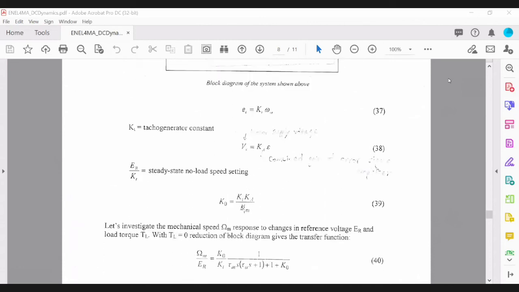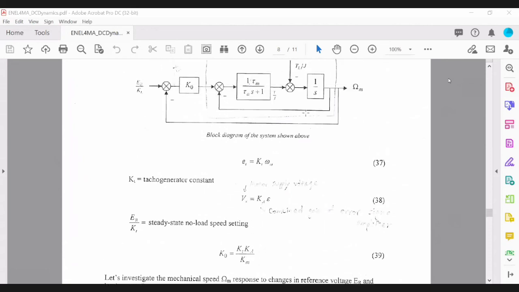And Km is coming from your motor, so you can't adjust that one. So the only thing we will have control on is Ka when we are designing this speed control